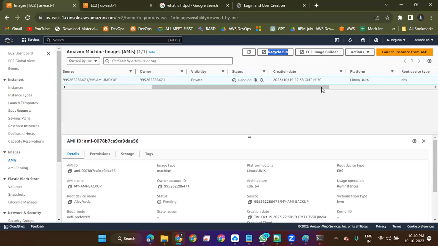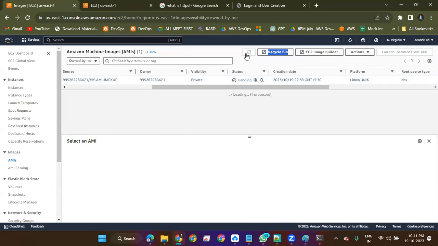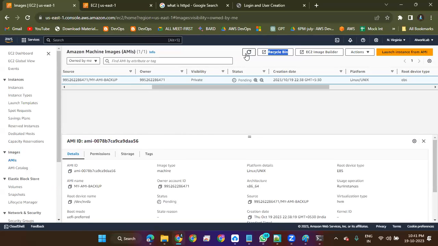It takes some time because it has to copy the whole server. It's going to copy binaries, file system, everything. Now it is available. You can see it is available.